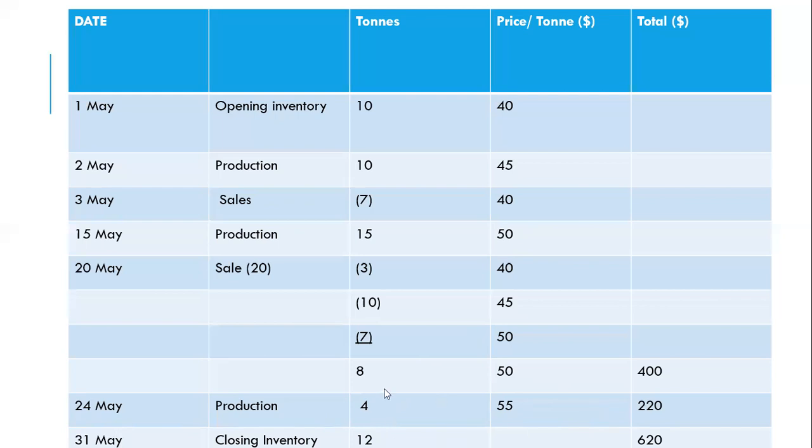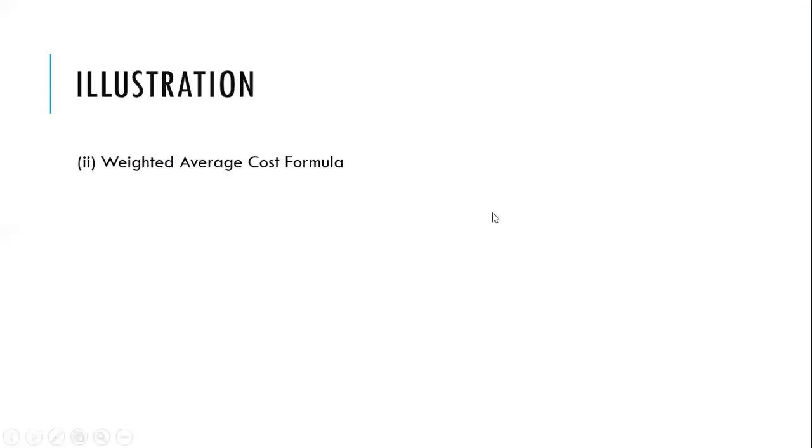Which means our closing inventory, first in, first out, is 8 plus 4, which is 12. Then we add these two totals, 400 plus 220, and that gives us 620 as the value of the closing inventory using first in, first out. Beautiful. So let's look at the second question and see how it plays out if we use weighted average cost